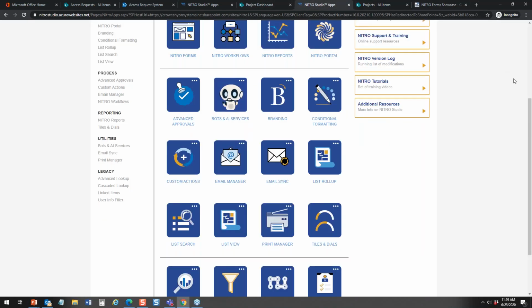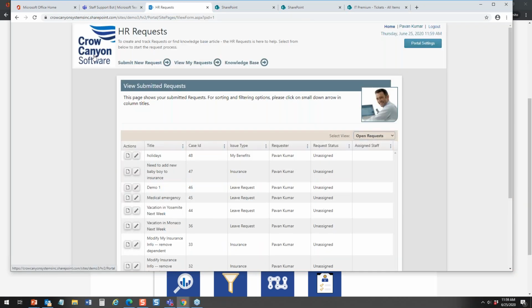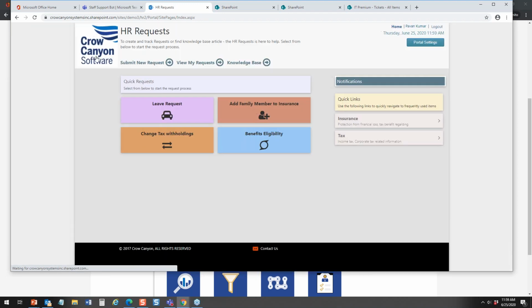Anyway, the point is that he was over here in the self-service bot, HR requests. This is a classic version of the portal. We can do it a lot differently than this, but that's giving users a simpler interface to engage. You've got multiple forms up here. People were asking me the other day, can you just call that a forms library? And it becomes a forms library where they can click the different forms. The forms have been converted from InfoPath over, and then they open up that specific form and fill it out. So there are just so many different ways we can make this work well for you